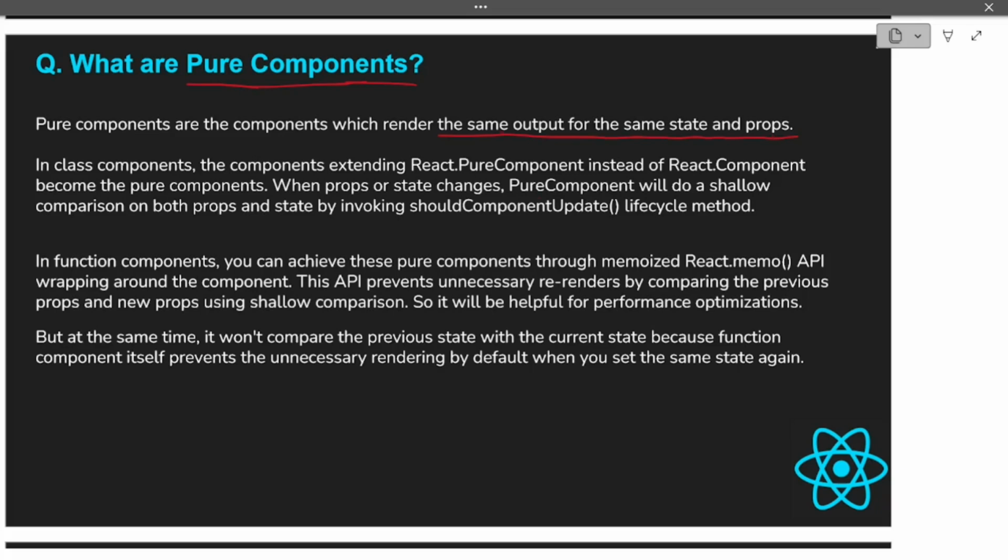First of all, before answering this question, you should understand that whenever your state or props change, your React component re-renders every time, right? You should know that. So let's talk about class-based components first, and then we will go to functional components. In class-based components, let's take an example. Suppose you have a count state which has its value initially as 0.